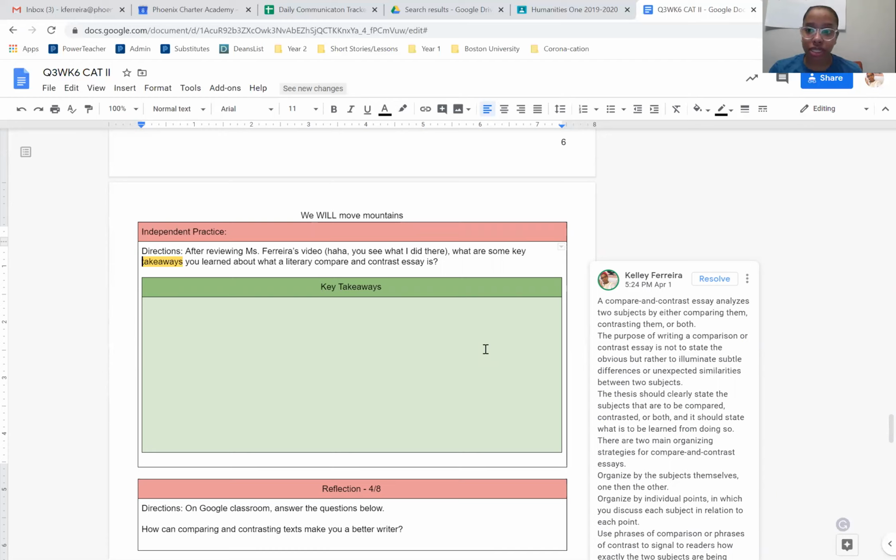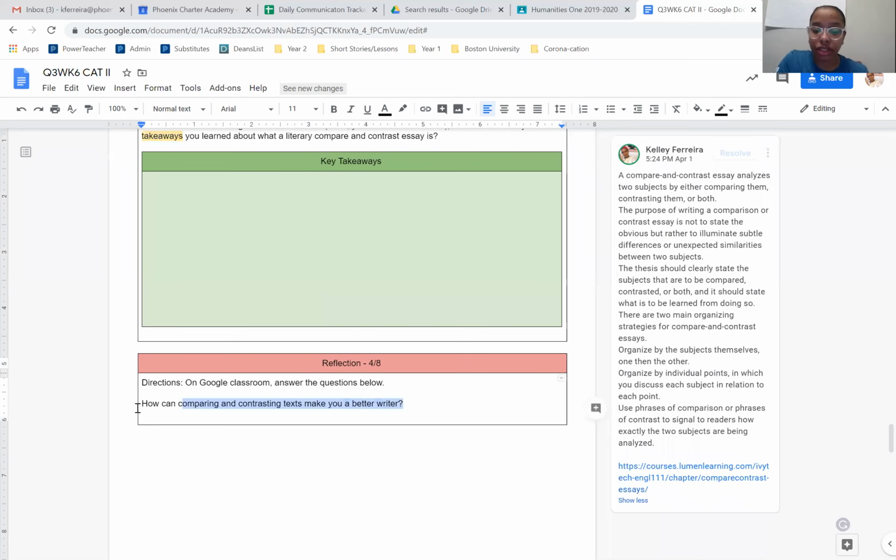So compare and contrast essays is a little bit of similarities and a little bit of differences. I want you to think about that. So when you are writing your own essay for A Room of One's Own and Boys and Girls, I want you to come up with some similarities and differences between the two excerpts. Last but not least,